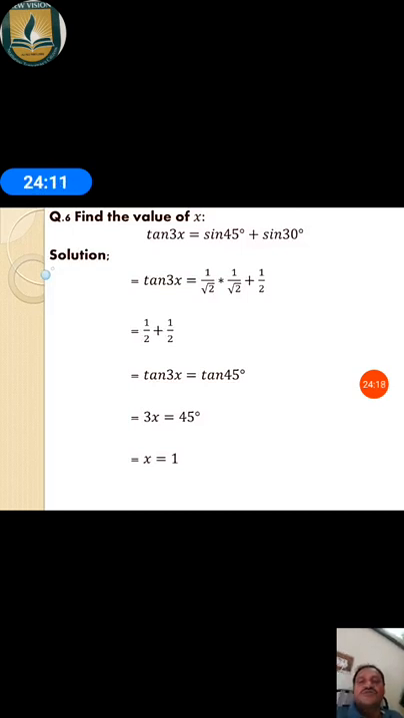Now the sixth problem: find the value of x. It is given that tan 3x is equal to sin 45 plus sin 30 degrees. How do we prove it? You take the left hand side, tan 3x is equal to sin square 45 degrees, it is given in the problem, that is 1 by root 2 into 1 by root 2, plus sin 30, 1 by 2. Now 1 by 2 plus 1 by 2 is 1, tan 3x is equal to tan 45 degrees, that is 1. 3x is equal to 45 degrees and x is equal to 45 degrees by 3, that is 15, but it is printed